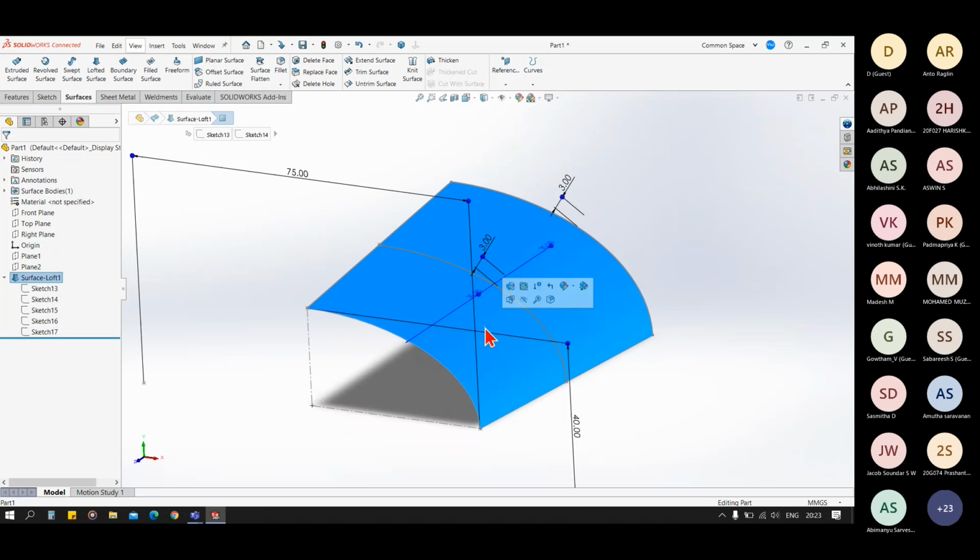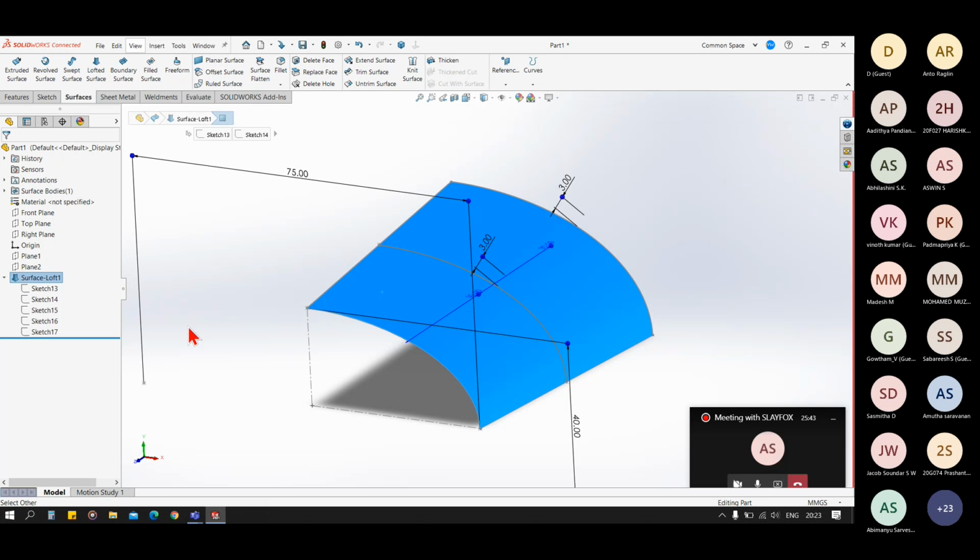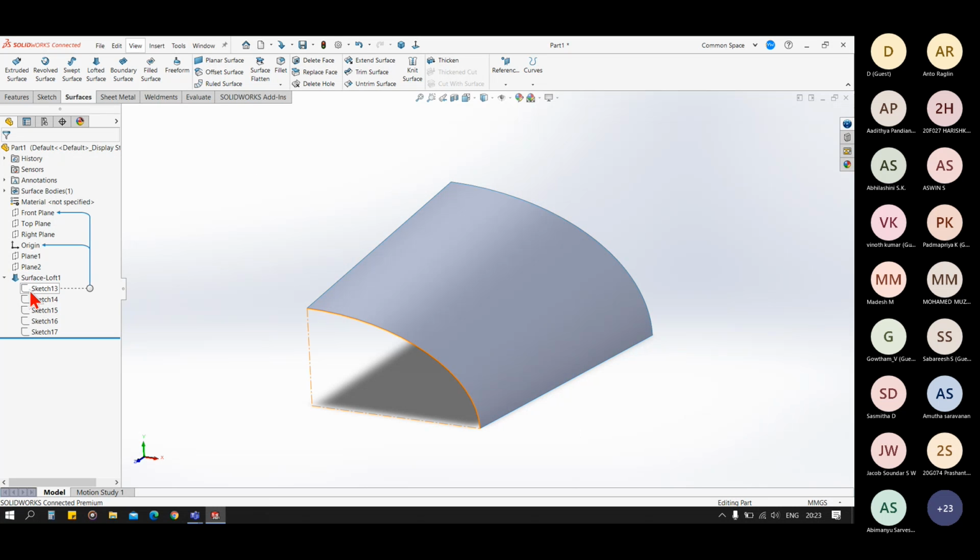So we can use a closed profile, but you see, let me create a sketch for you.